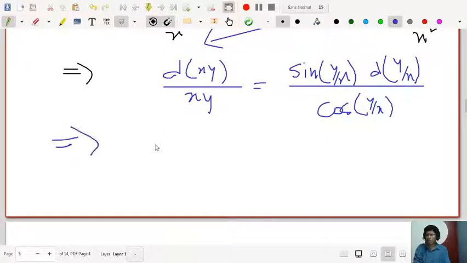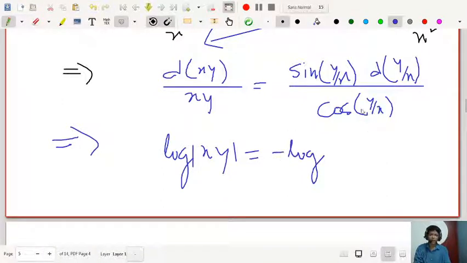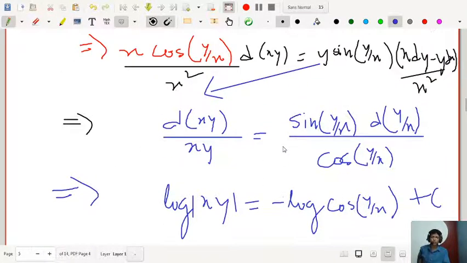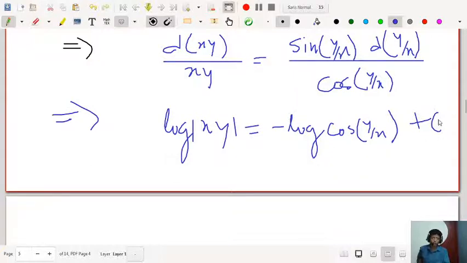You can directly write the integration in the form of that you are integrating, you will get integrating log xy, you can take a mod here, log mod xy, and this is nothing but your log of, you can take a minus, because if you differentiate cos that will be negative, so log mod cos of y by x plus c. So that is the answer. If you simplify, you will get, you can take log c also according to your elimination. So you want to eliminate log, you can take log c, you can take c by 2, whatever that, but everything is an arbitrary constant.